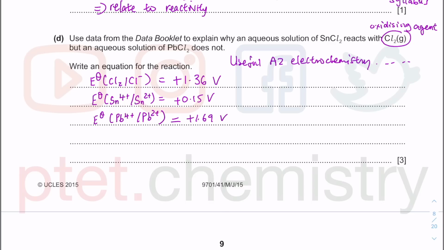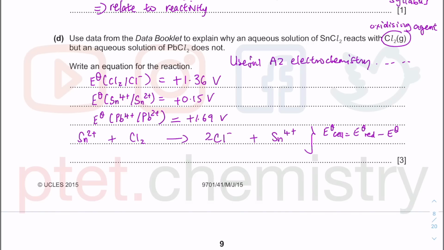So we are saying that there is a reaction between Sn2+ and Cl2. If we have a reaction between Sn2+ and Cl2, what we're going to get will be the Cl minus and the Sn4+. So Sn4+ there, and 2 Cl minus. This will lose 2 electrons, and this will gain the 2 electrons. So this is the balanced equation, and what you have there is your E cell,